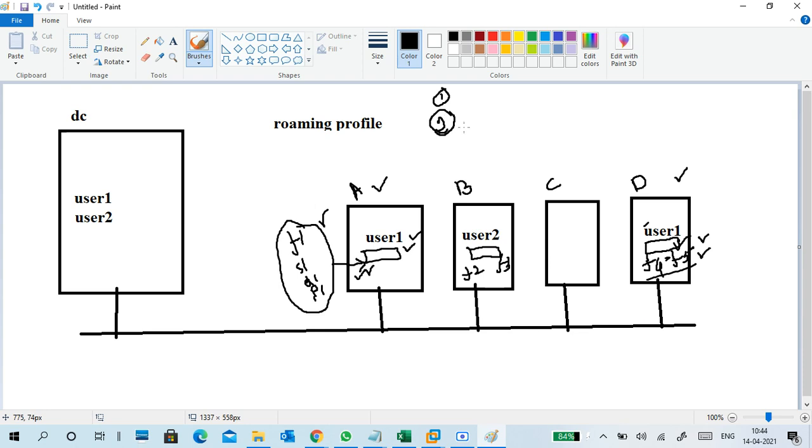Why does the user log in to other PCs? Because we have a facility. It does not mean you should go to a different PC and log in there and create profile data there like that. Locally, you have to create the data. So it is not like that, right? My point is, sometimes a particular user may have to go to different PCs to log in and do their work there.